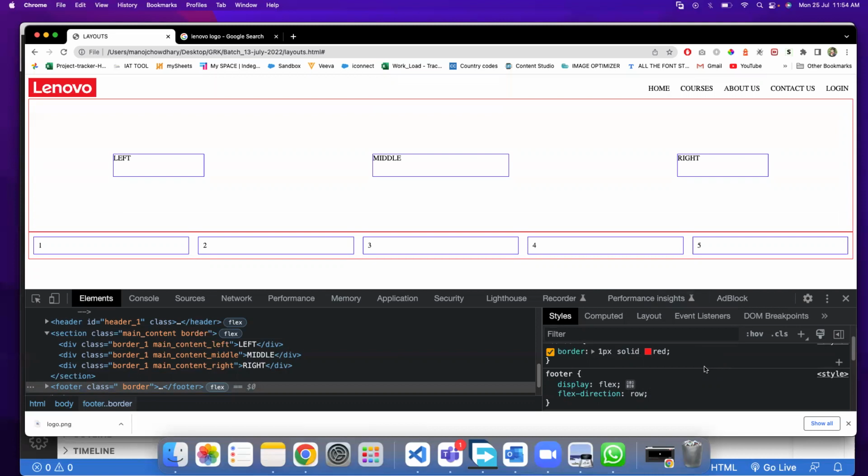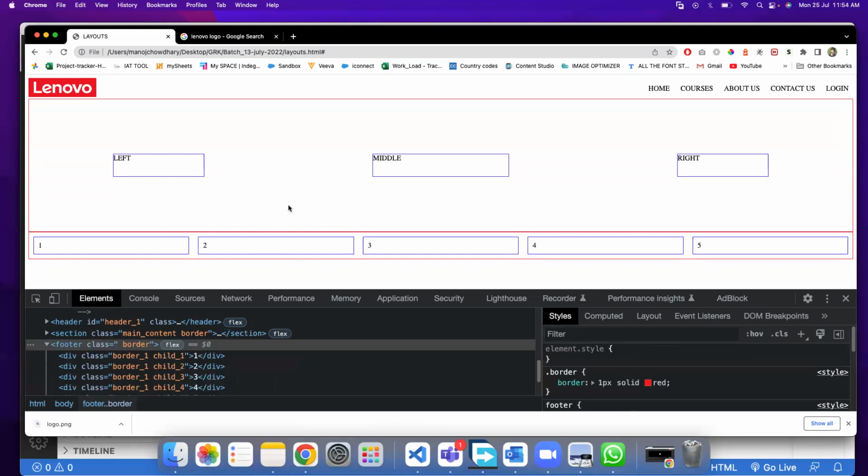Order is one of the properties which will help us to move the elements from its order without changing the elements in the code level. For example, my code is like this. Okay. So I want this first element to be in the fourth place, fourth element to be in the second place, and fifth element to be in the third place, second element in the fifth place. Like that, I need to shuffle them. Simply to say, I need to shuffle. Okay. So simply to say, I want to order like